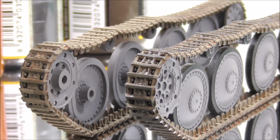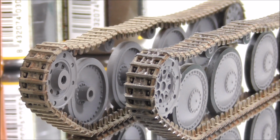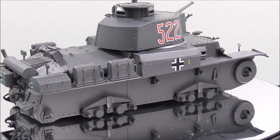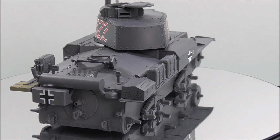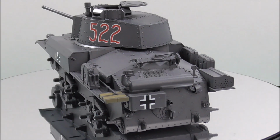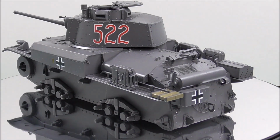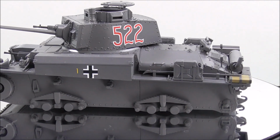But the tracks are not the only thing I actually did some progress on, so let me quickly move this out of the way and show you what else I've been making progress on. As I said, I didn't only make progress on the tracks, but I also made some progress on the 38T itself. As you can see, I base coated the tank in a German gray,